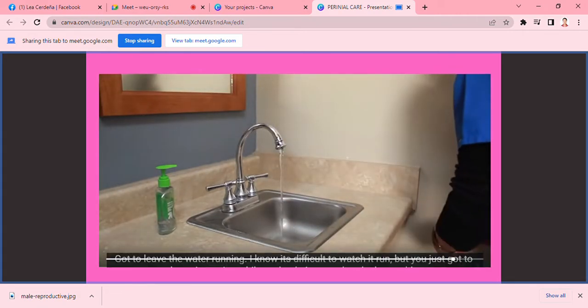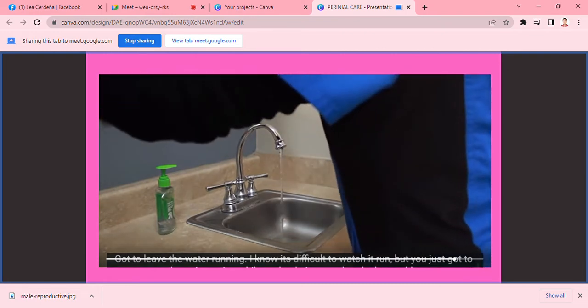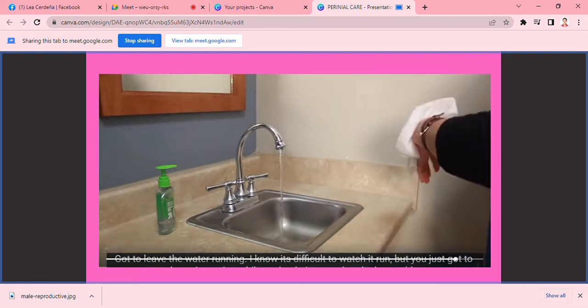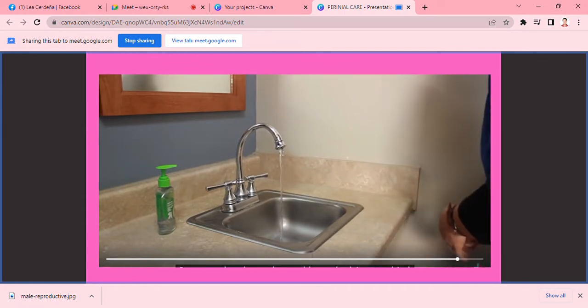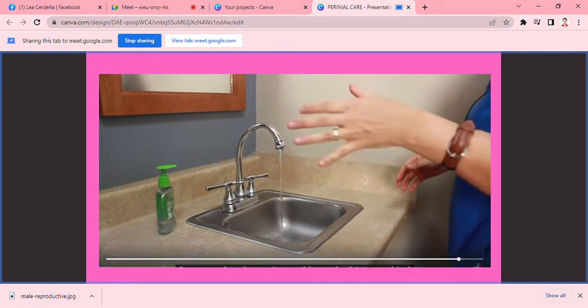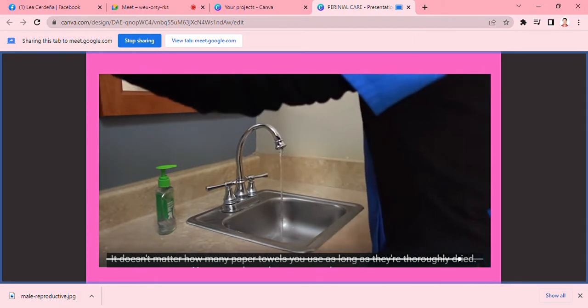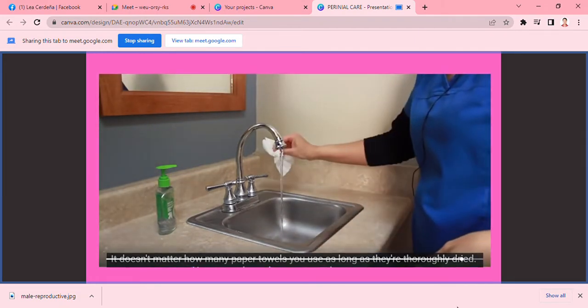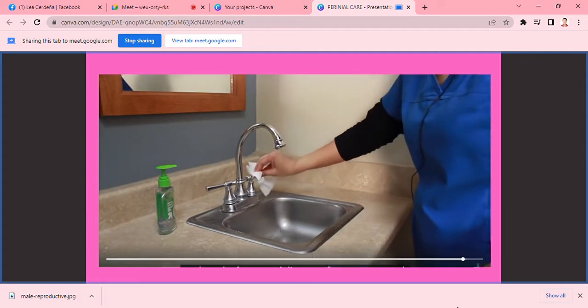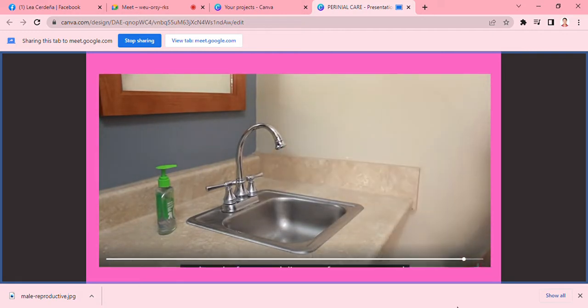Gotta leave the water running. I know it's difficult to let it run. You've gotta leave it running while you're drying your hands thoroughly. Okay, once your hands are thoroughly dried, it doesn't matter how many paper towels you use, as long as it's thoroughly dried. You use a clean, dry paper towel, not a wet one, to close the faucet and dispose of